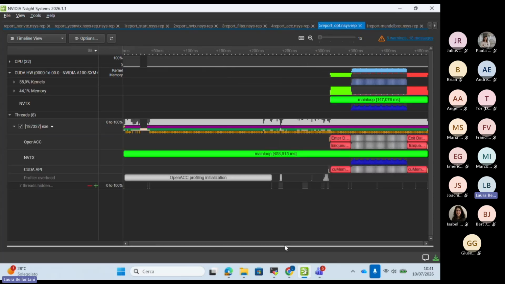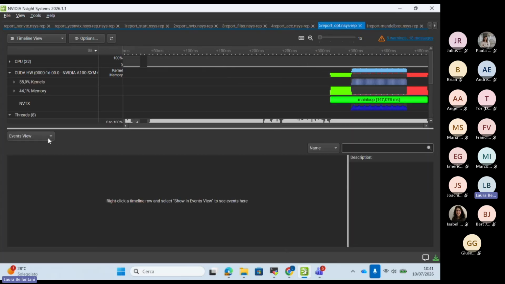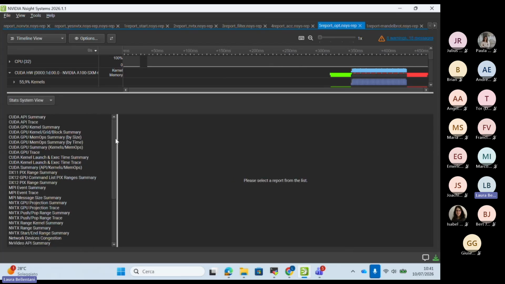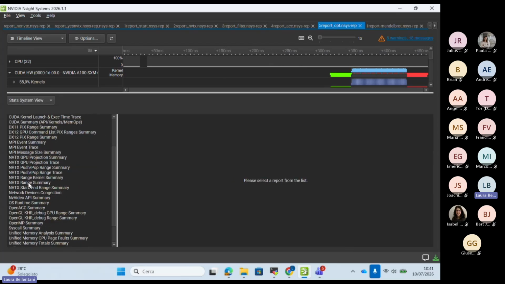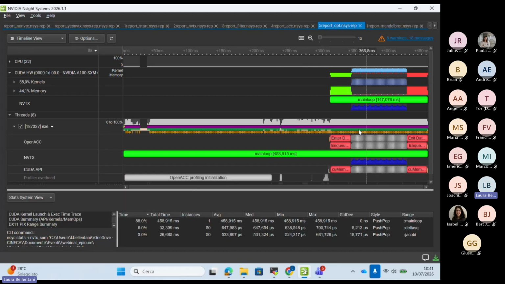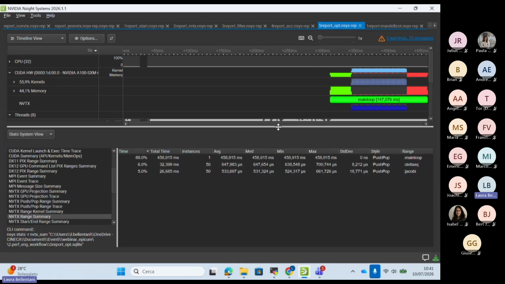Now, if you look at the timeline, this is very visible, but maybe you don't open the timeline and you rely only on the NVTX range summary. If you rely only on this without looking at the timeline, basically you will end up with a total time for the main loop which is actually overestimated with respect to the actual duration of the main loop. So be careful with short measurements because of the potential overhead of the tool.